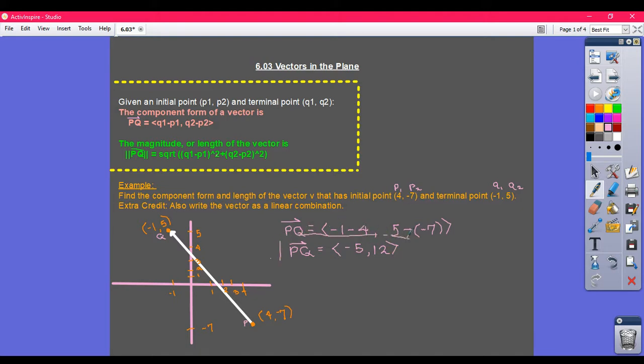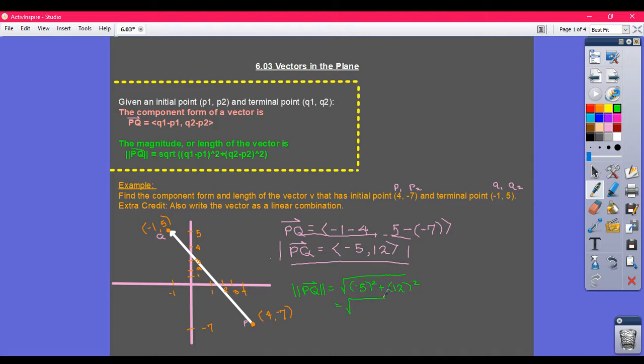And then from there, the direction also states to find the length of the vector, which is the magnitude. So to find the length or magnitude of the vector, note that the formula is the distance formula, the square root of q sub 1 minus p sub 1 squared and so on. We already found that because that was in the component form. So I can just take the square root of -5 squared plus 12 squared,